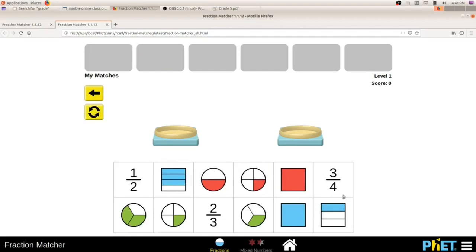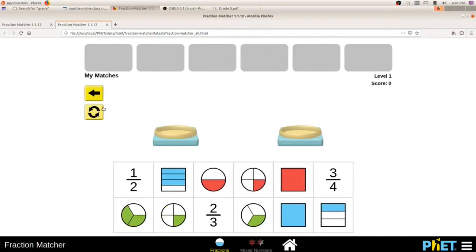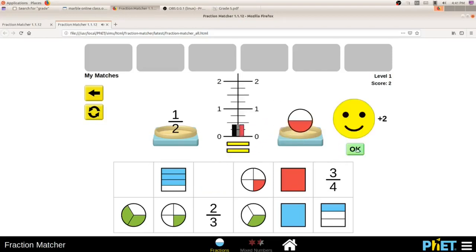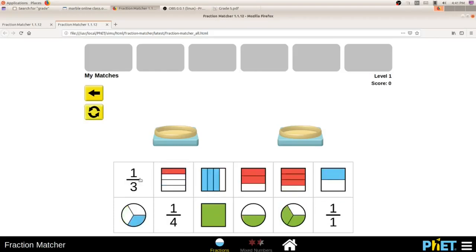Okay, my dear students, so total 5 buttons. Once again, the first button is the back button, so it will move to the previous page. What is this one? If I have done 1 or 2 attempts, suppose I have done this, check, and now I'm thinking that I want to restart the game, then I can click on this reset game. Click here, so it will restart the game again.